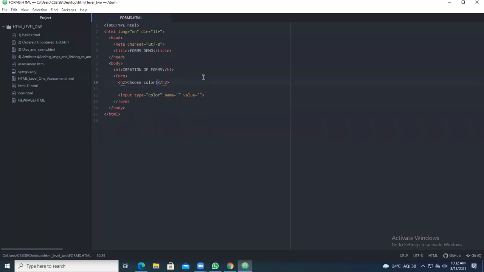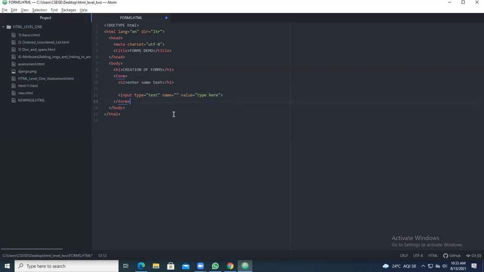Take the same thing, and under that you give it as enter some text. Here also you give input type is equal to text. Here, input type text, you give name and value. Under the value you give type here.